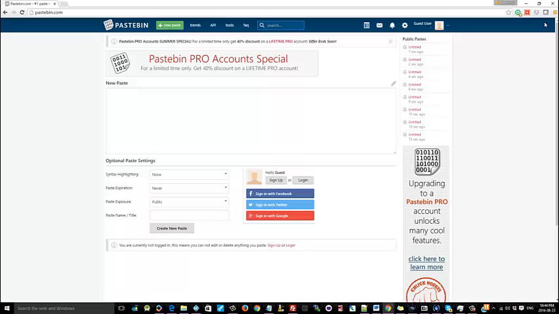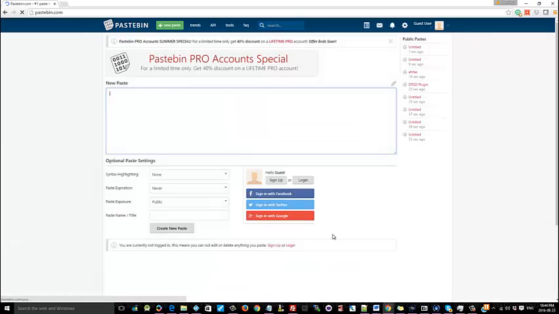I know anonymous is posted up whenever there are leaks or information, they would come here and post the information here. But we're not using it to leak anything or do anything crazy. We're just going to come here and look for links. So this is the original, the main page on Pastebin. If you go to pastebin.com, this is the website.